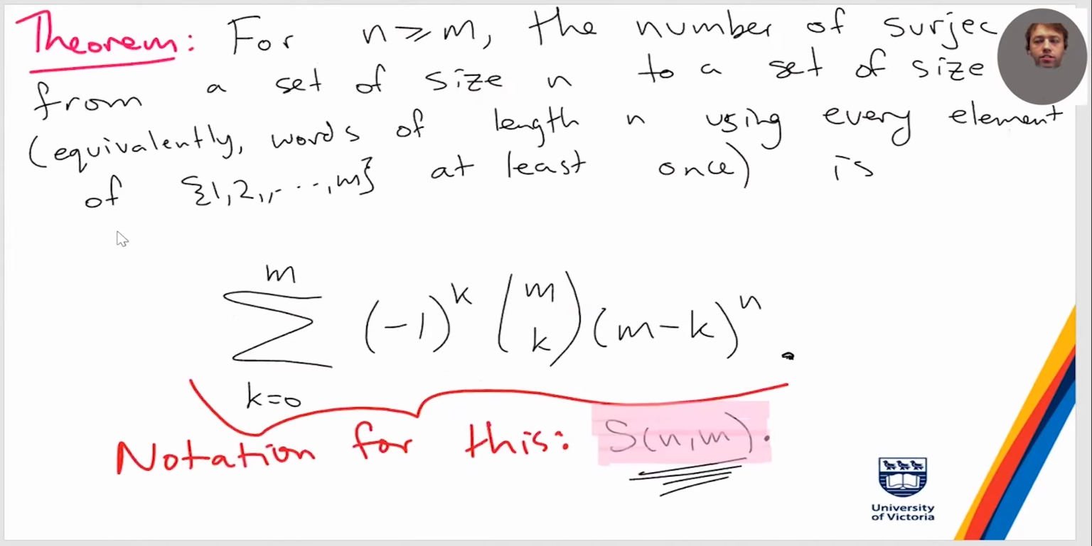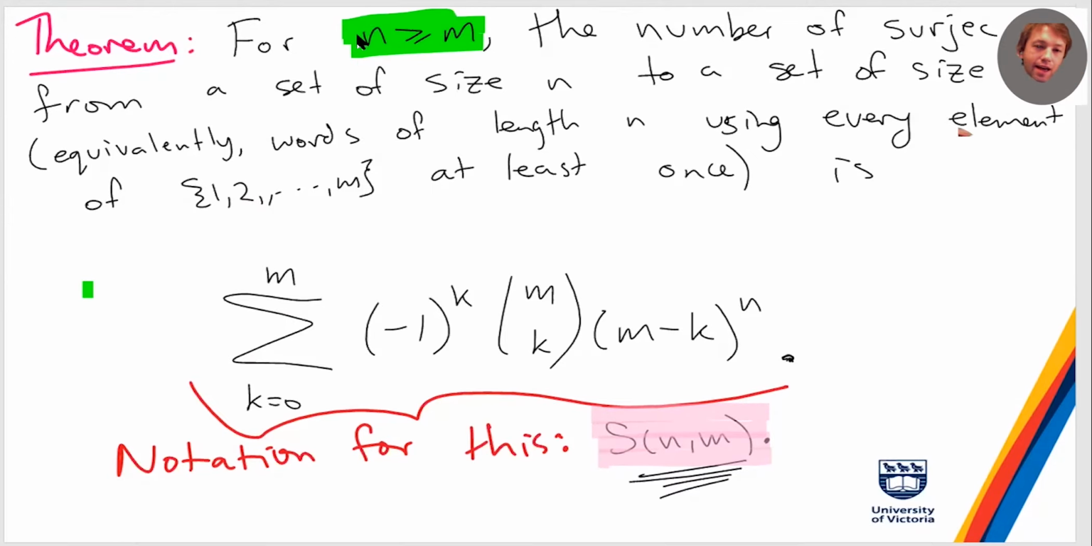Okay. So now let me give you the answer to this question of how many surjections there are. The answer is this funny looking sum. Just to state this fully: for n at least m, remember, if n is less than m, the answer is just 0. So for n at least m, the number of surjections from a set of size n to a set of size m, or equivalently, the number of words of length n using every letter from an alphabet of size m, is